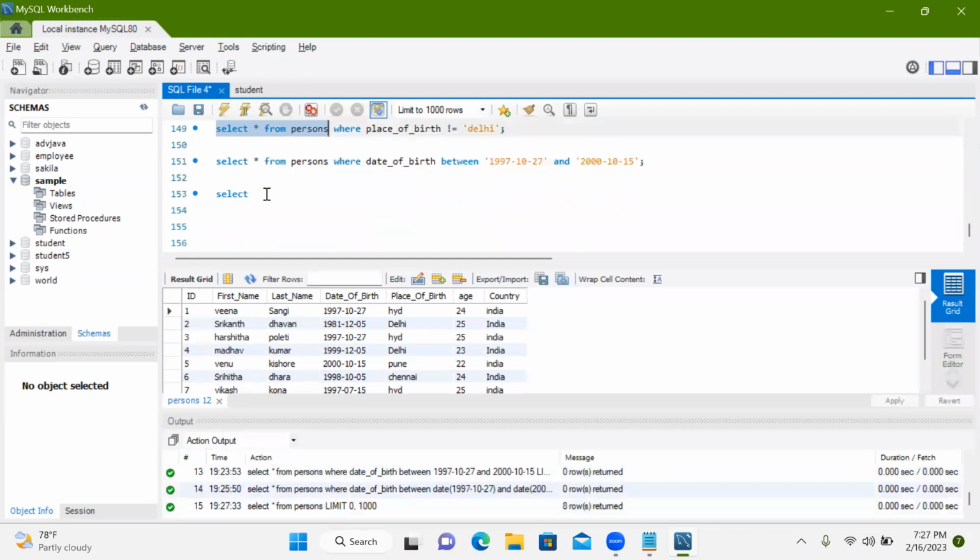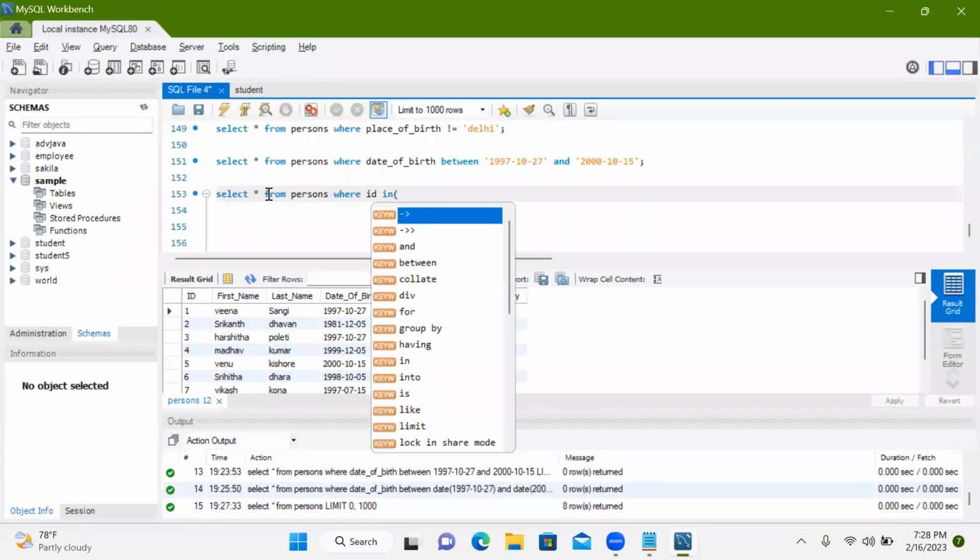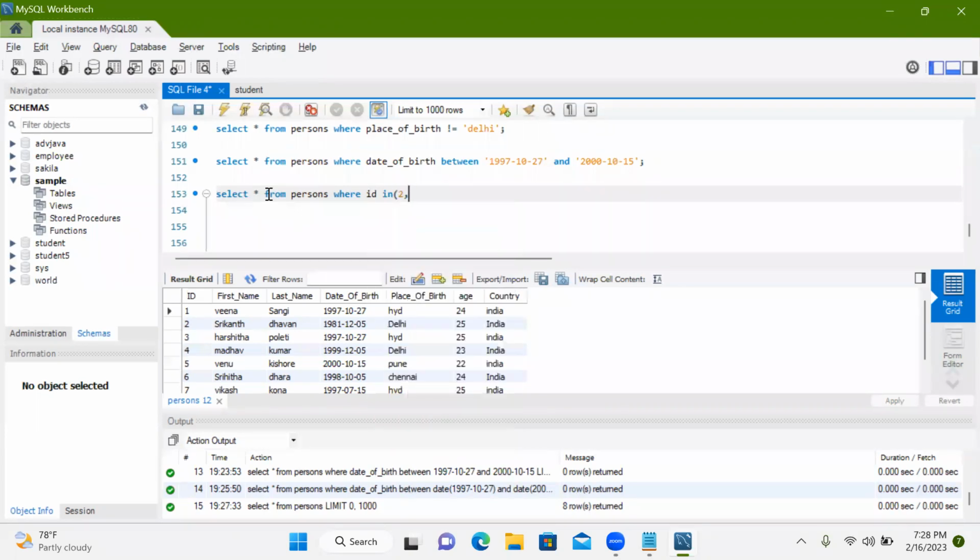Okay. So I want to get the IDs 2, 3, 4 only. How to fetch those 2, 3, 4 ID records? Select star from persons where ID in